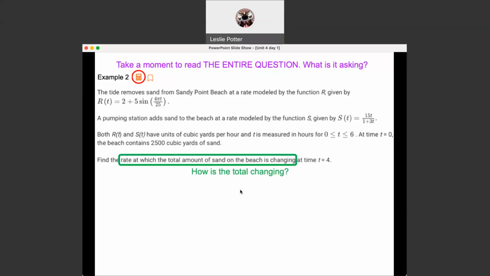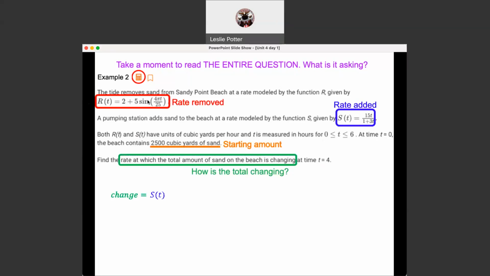So the total is going to be what you add minus what you remove. The starting amount of 2,500 cubic yards isn't going to come into play here because it just wants to know how it is changing. So we want to take the added minus the removed. Here's the amount added, there's the amount removed, and we want to know the rate at which it's changing. When we see the phrase "the rate at which," we know that we have to differentiate. So I'm going to call the change y, and so y prime of 4 is going to be